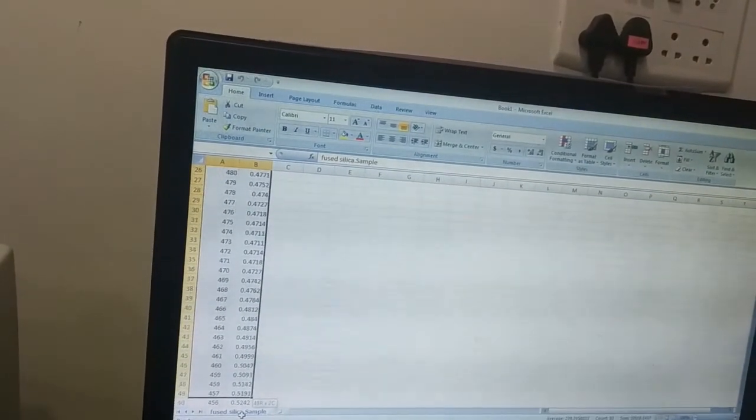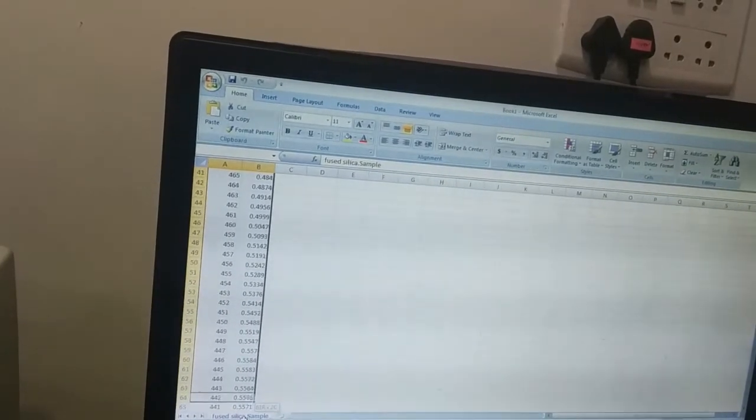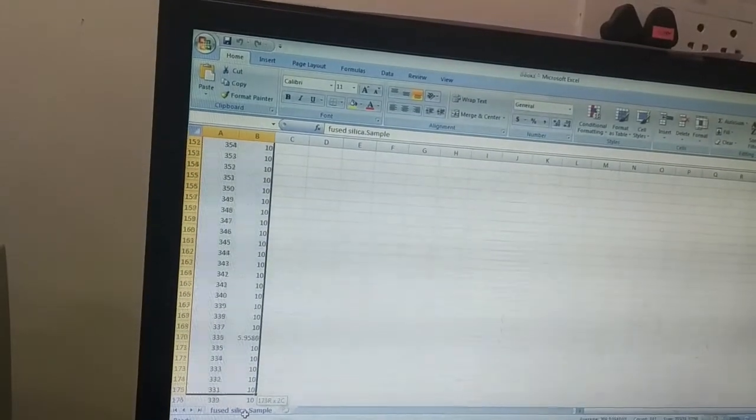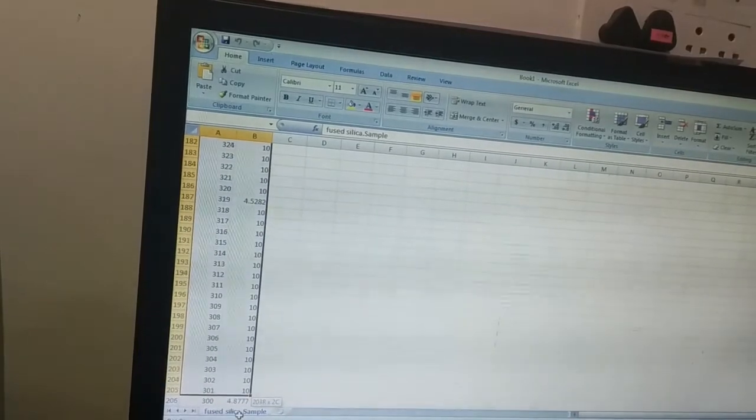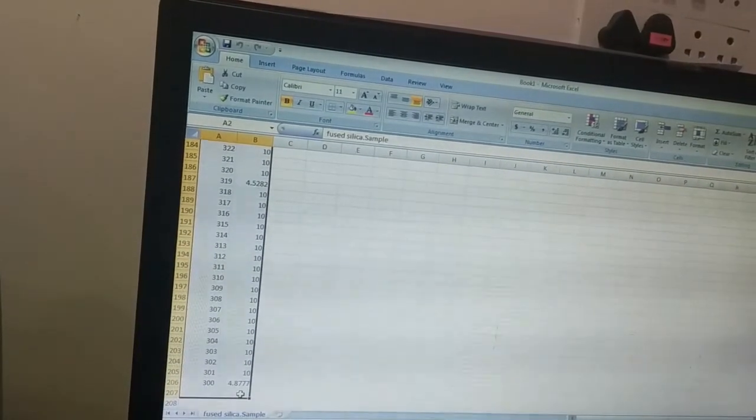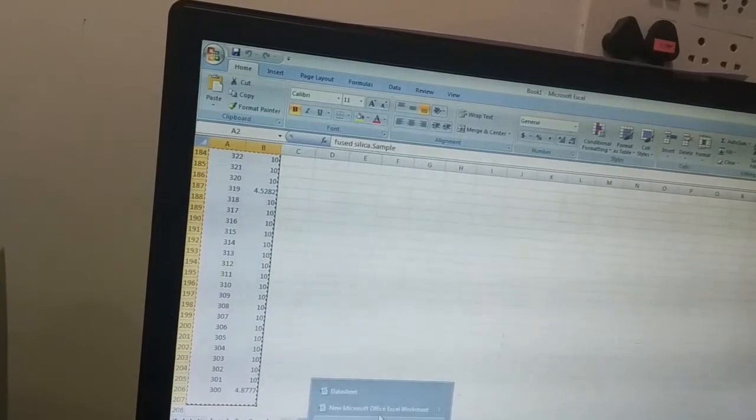And select it, press Ctrl C and save this data to the datasheet.